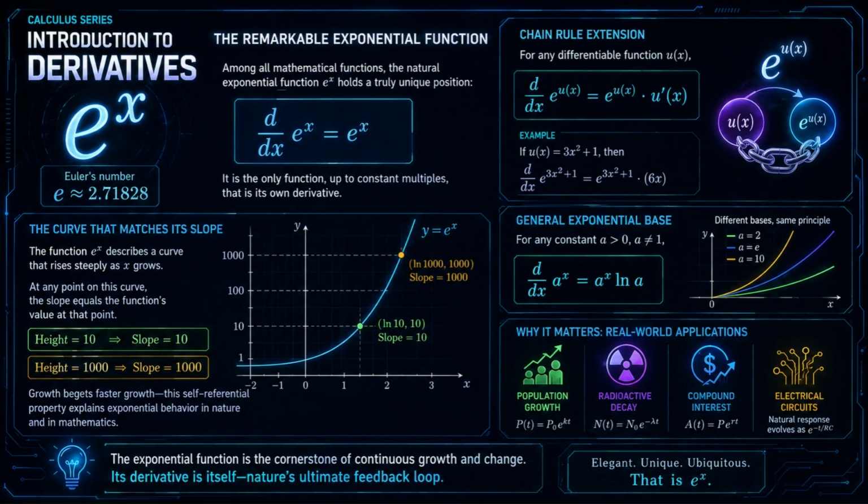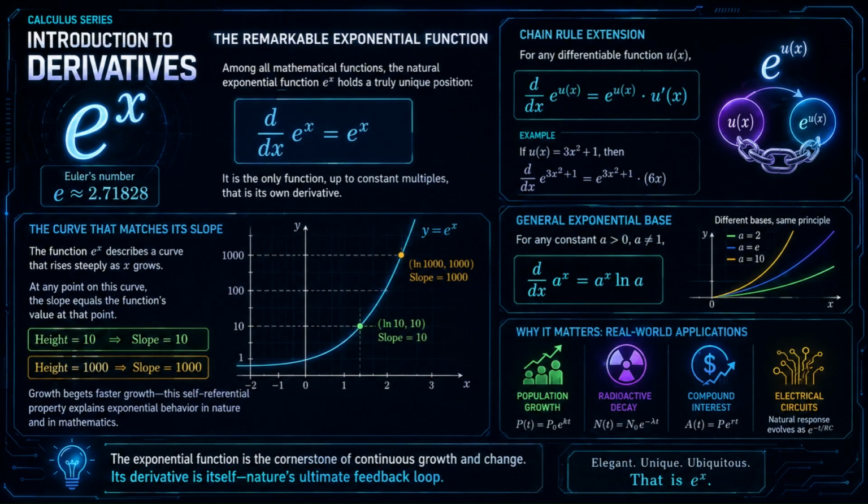The function e to the x describes a curve that rises steeply as x grows. At any point on this curve, the slope equals the function's value at that point. If the curve reaches a height of 10, the slope is 10. If it reaches a height of 1,000, the slope is 1,000. Growth begets faster growth, and this self-referential property is precisely why exponential functions model phenomena like population growth, radioactive decay,